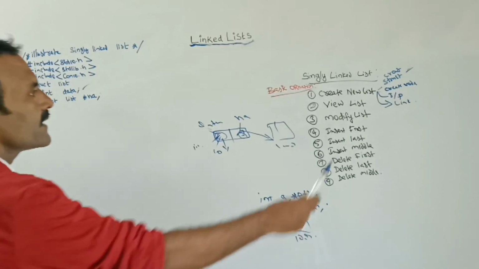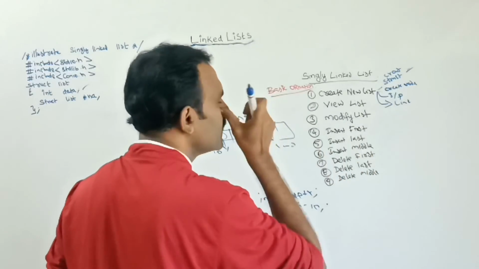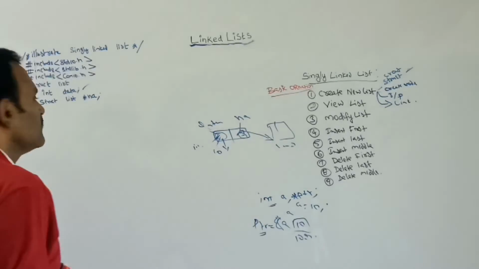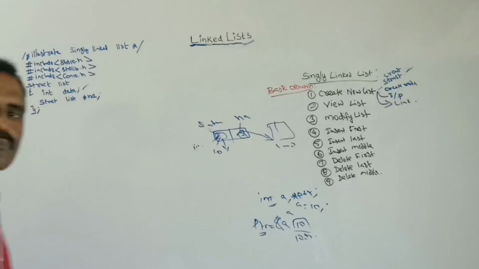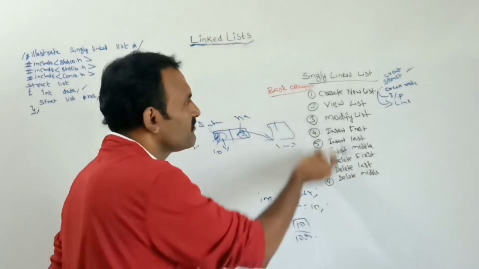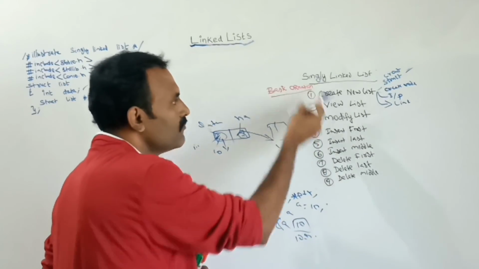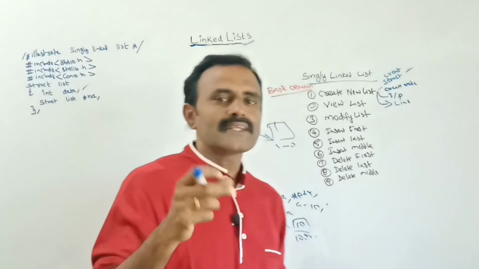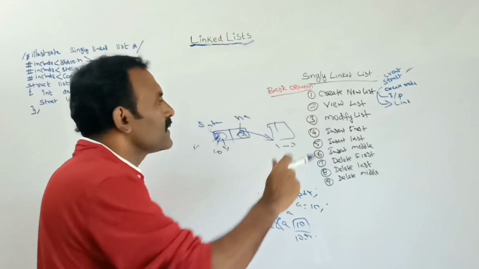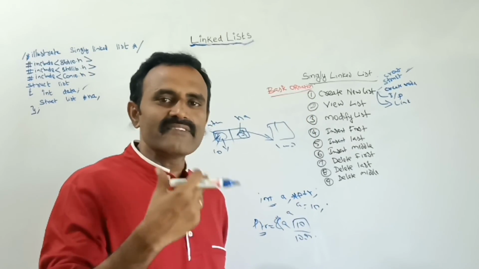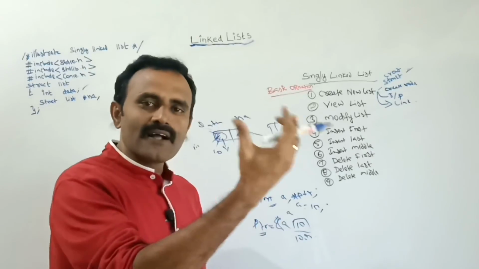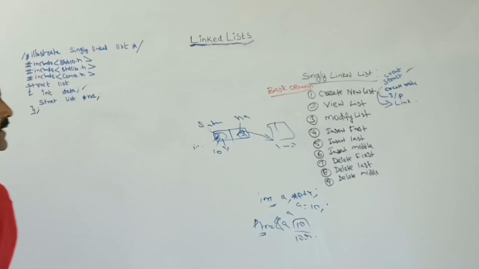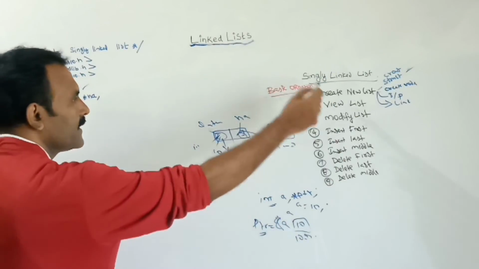Next I need to create a node. For creating the node, we can use malloc. With the help of the malloc function, we can create a node. Before that, let us see the program simultaneously. Totally there are 9 basic operations. In the program, let us create each operation as a user defined function. Then whenever we need that operation, we can call that function and do the task. So here I need to mention the main menu, in which I need this list of 9.